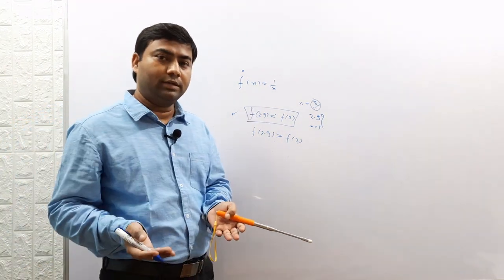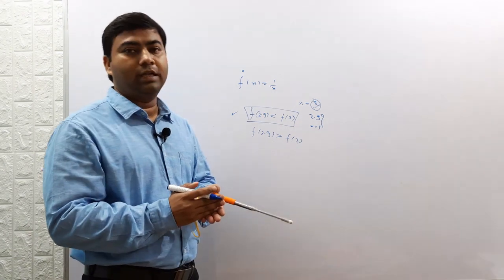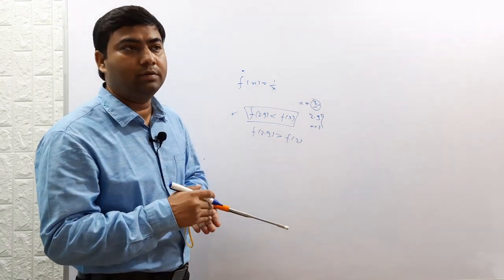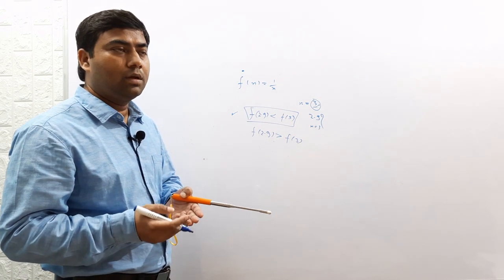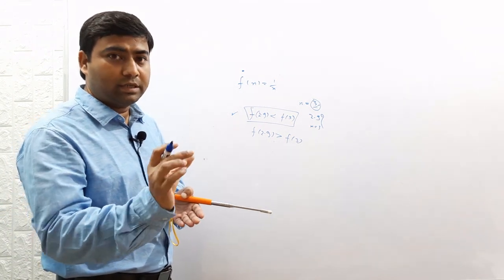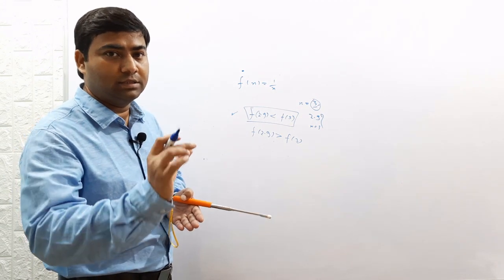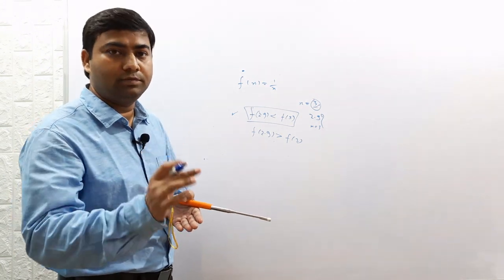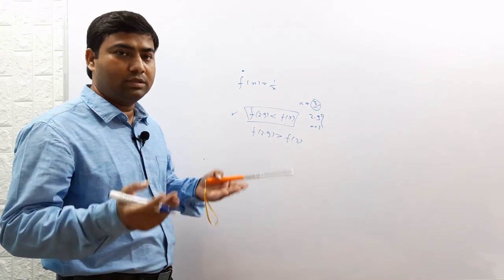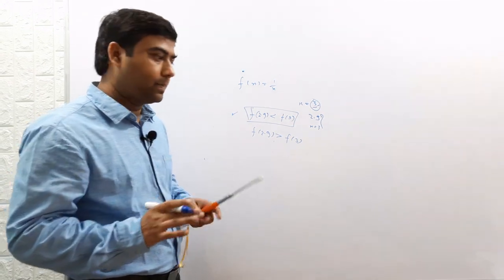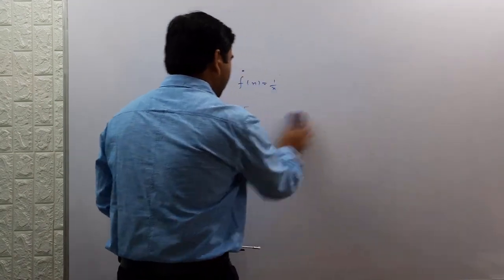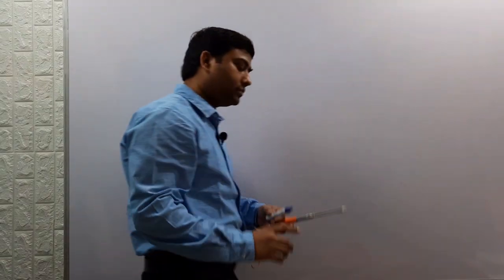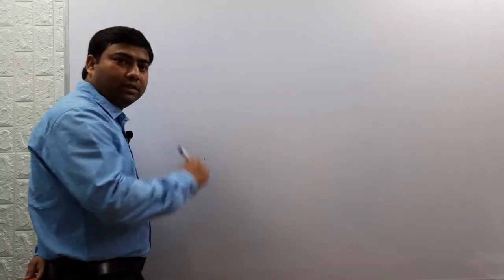By the definition of function, just select two values of x, one smaller and the other slightly higher, and see the trend of the function, whether it increases with the value of x or decreases with the value of x, and you can say whether it is an increasing or decreasing function. This is one of the basic methods by virtue of its definition. Now the other method is the derivative method.